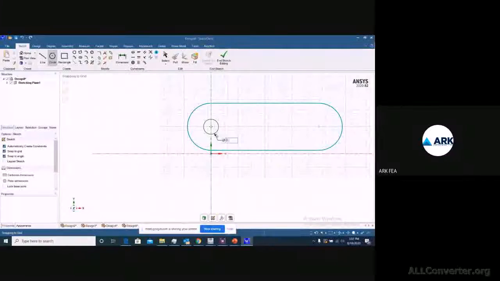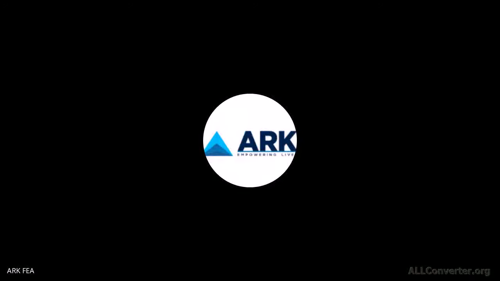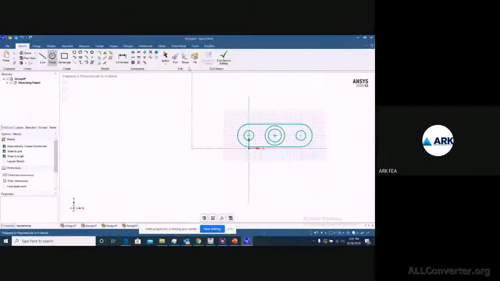So we'll get back to the circle and take 0.75, the same here also, and we also had here 1 and here 1.5.